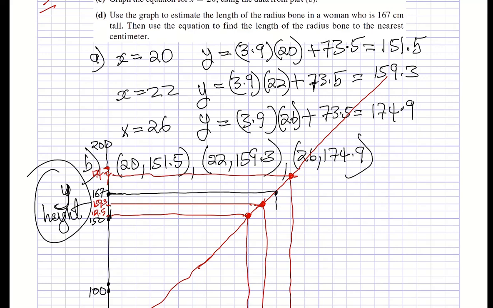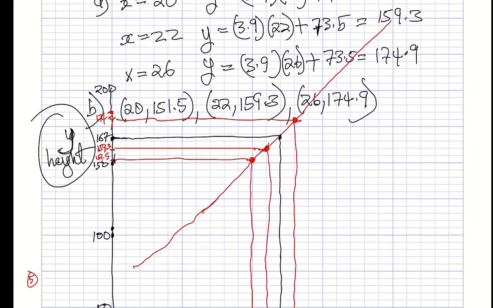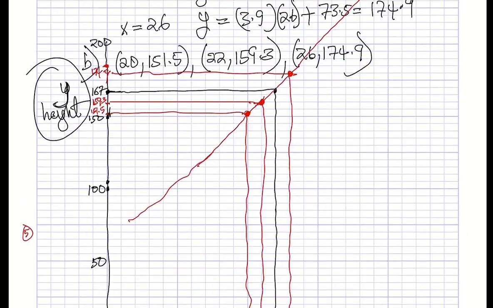And then you go down to the x-axis, okay? See where it touches the x-axis right there. So notice it's between 22 and 26. Each point on this side is 2, 2, 2. Since 22 is here, and another 2 is 24. That's 24. So to answer D,